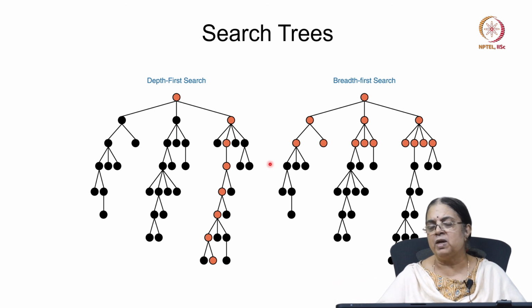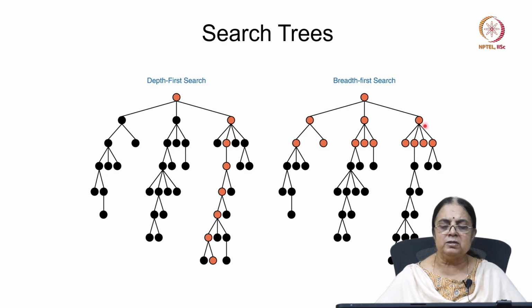So you may have different strategies. Different strategies will explore these nodes in a different order, and it may be that one order is better than the other order for a particular problem. For example,